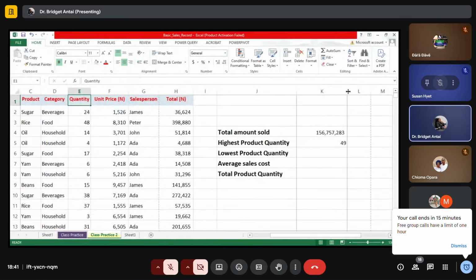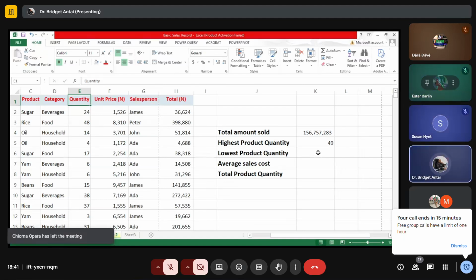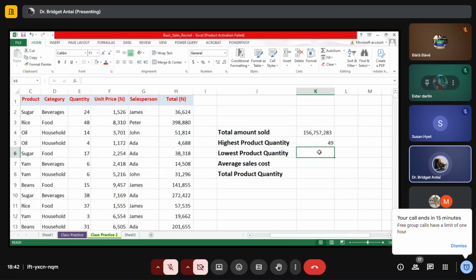So the next thing we want to calculate is the lowest product quantity, just similar to how we did maximum. But this time around, since we are looking for the lowest product quantity, that means we are looking for the least quantity sold. So you click where you want to input your answer and then click on the drop down arrow beside AutoSum,